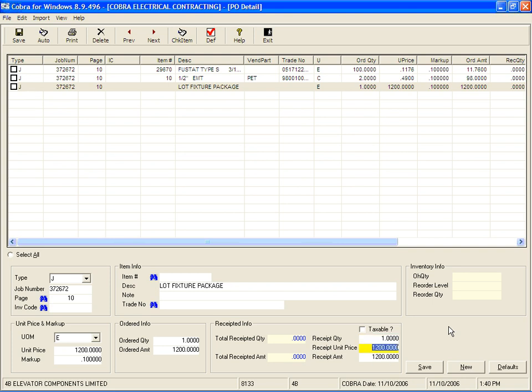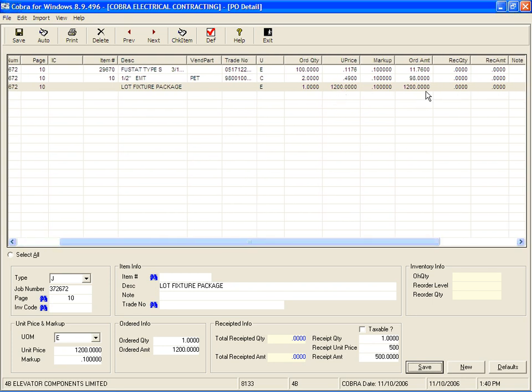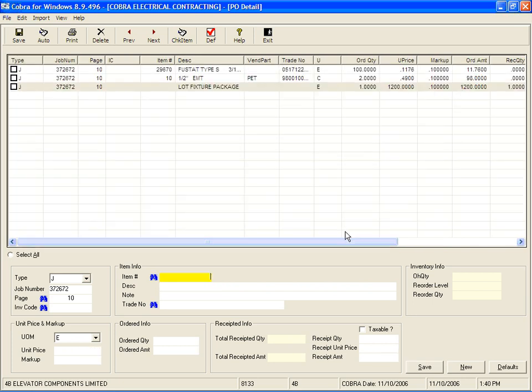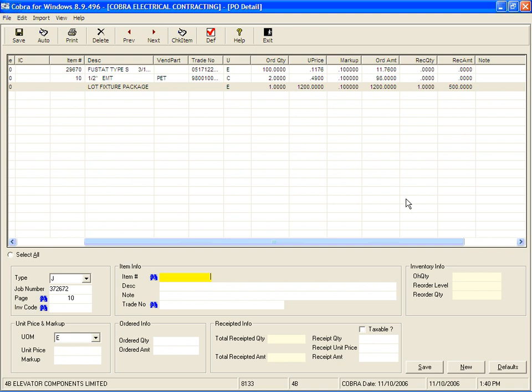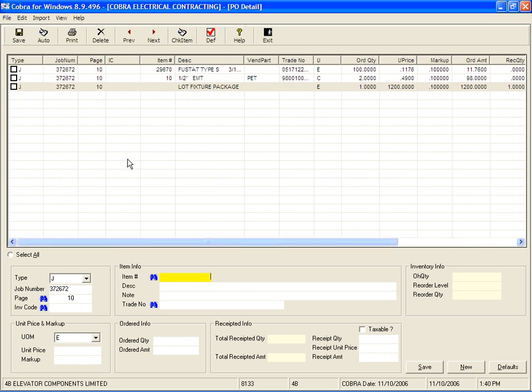So I'm going to receipt 1, and maybe I'll only receive $500 of what I ordered. So I'm just going to receipt the amount to the destination, in this case the job, and not worry about quantities. So my receiving quantity can relate to how many times I was invoiced against it, or how many times I had to receipt against that. So when I do record a receipt, what happens is it updates the destination, be it the job, the inventory, whatever. It updates the PO with the receipted quantity and the receipted amount,